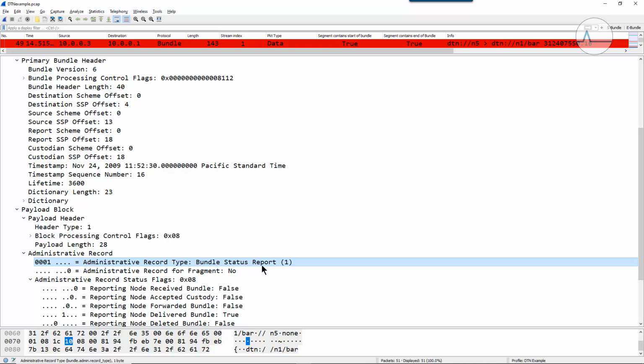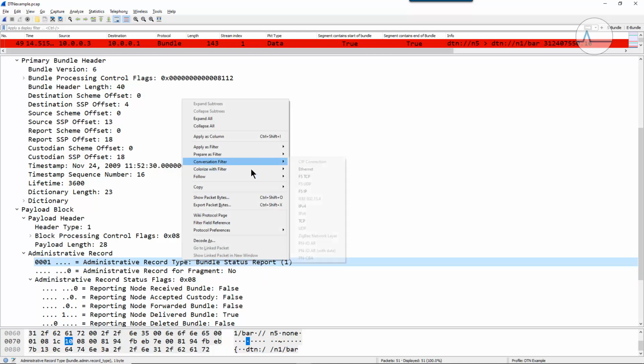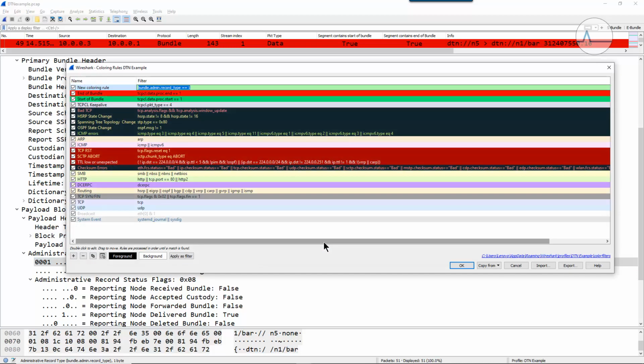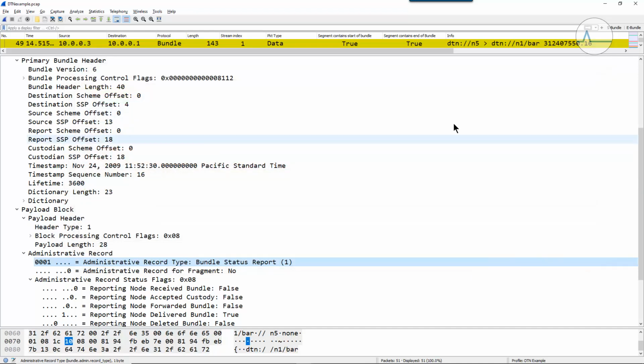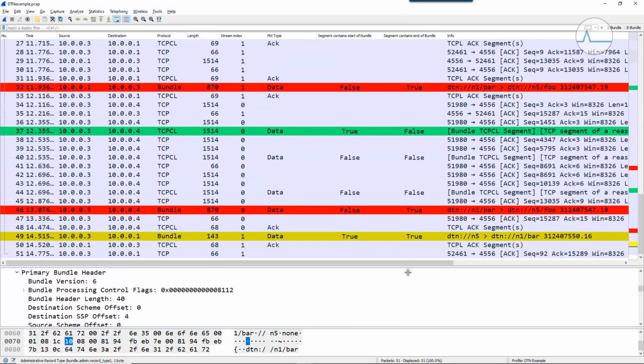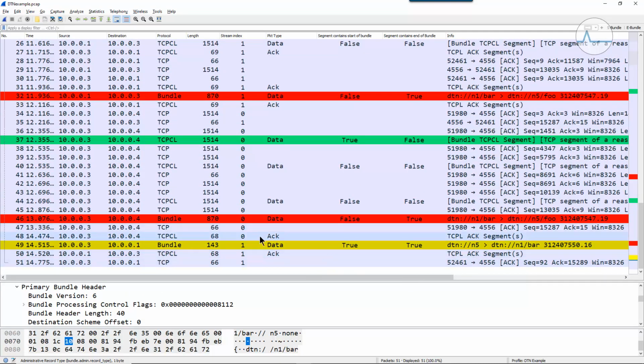So I'm going to right mouse click on the line that says Administrative Record Type Bundle Status Report. And I'm going to choose to colorize this with a filter, make a new coloring rule. There's that line, admin record type 1. And I'm just going to say that this is the admin report. I'm going to turn the background yellow for this one. Say OK. And now, there we go. This is the admin report. And that admin report is being sent from dot 3 to dot 1 to say that I successfully delivered the